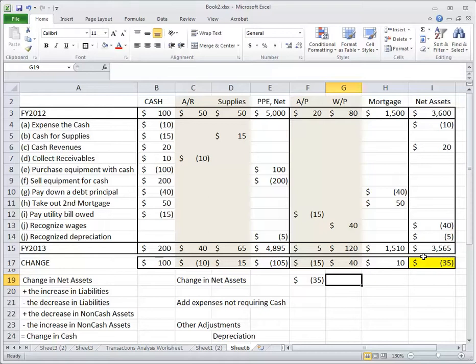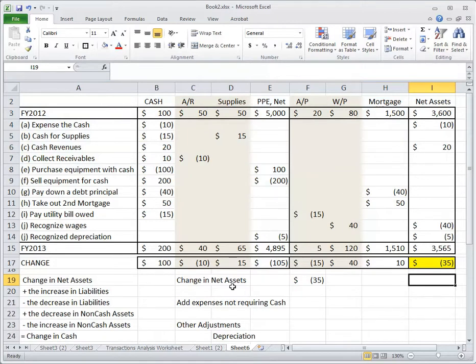Okay, so this is the second video that we're using to try and help you understand the logic behind the indirect method of producing a cash flow statement. I've just provided some very simplistic data here. This is essentially a transaction worksheet, and you've got the balance at the beginning, which is basically the balance sheet for 2012 in this situation, and a balance sheet for 2013. And we'll walk through and think about how this all fits together